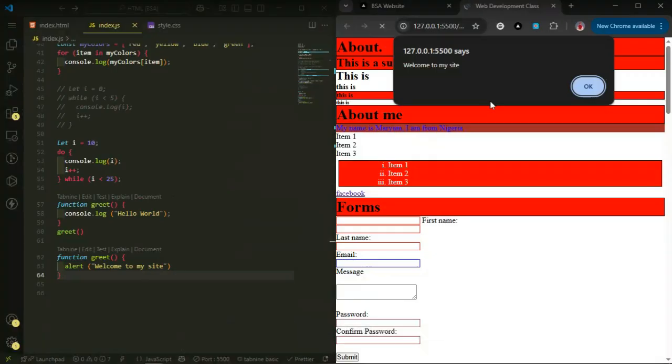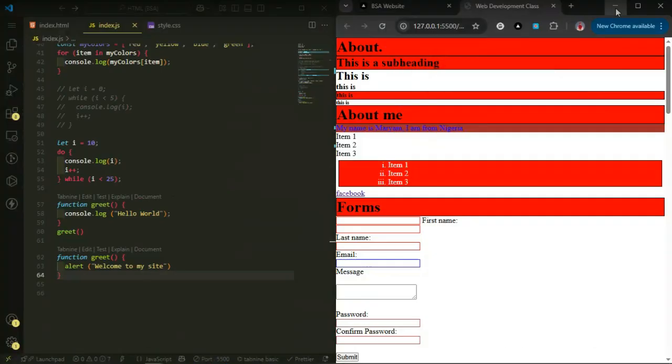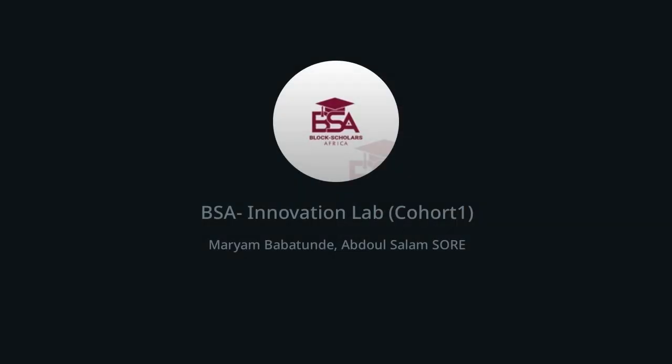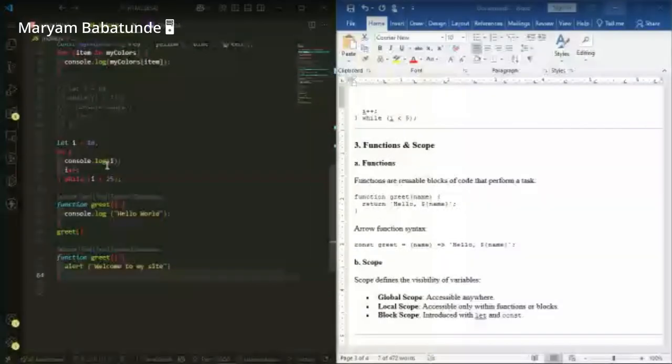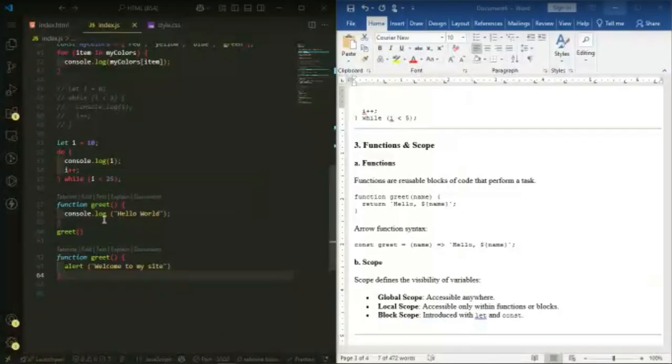You can have varieties of functions, right? Whatever you want it to print out. So you can see it is just following the same format, right? The same format. Now decide to say, okay, this function greet, we want it to alert hello world. Hello world. So instead of this console.log,